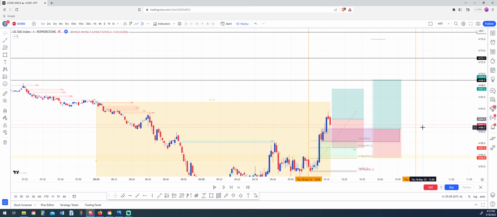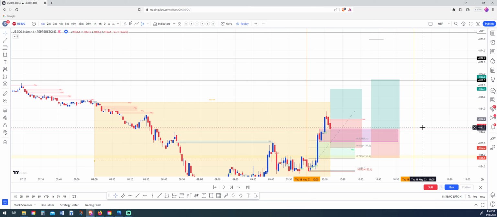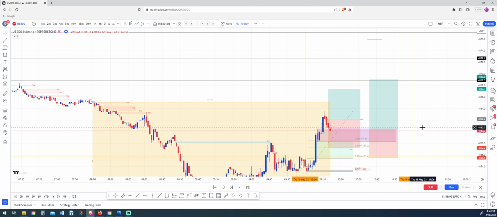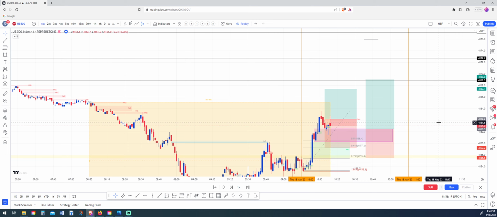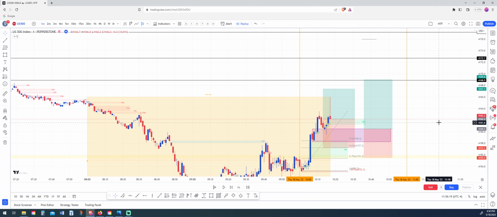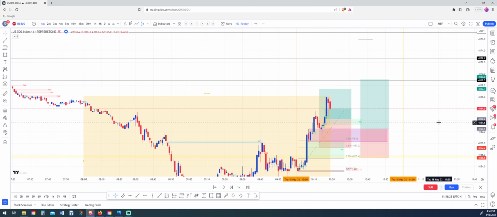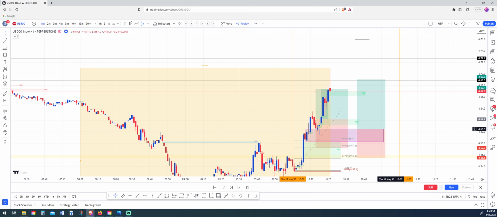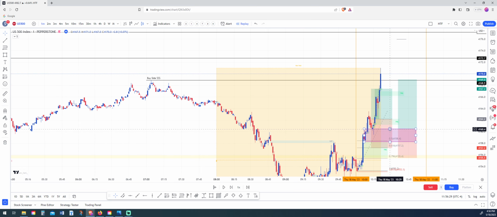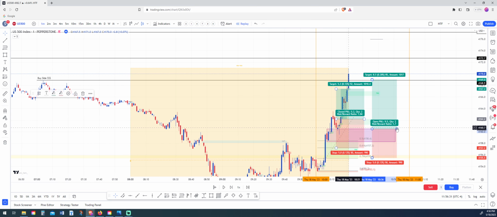So we'll pull in, we get triggered straight away on the fair value gap entry. Volume imbalance is tapped and the order block is tapped. So we're straight into there, which is nice. Really good rejection from that volume imbalance. Take profit hit. Buy side liquidity taken. That's the trade.